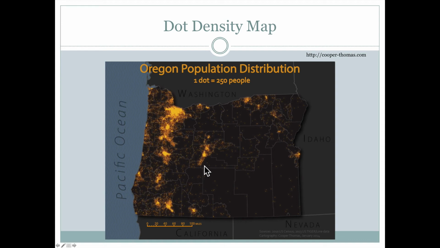grouping of 250 people. Once again, that doesn't mean you can zoom in and see their house, right? It just means within this area here, there are approximately 250 people living in order for them to get that dot. And one of the things we can do with this, instead of making everything one color, if we wanted